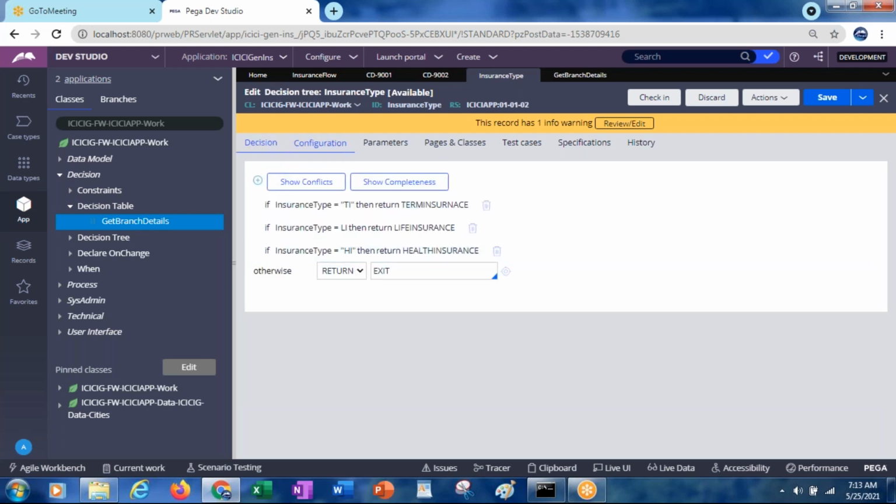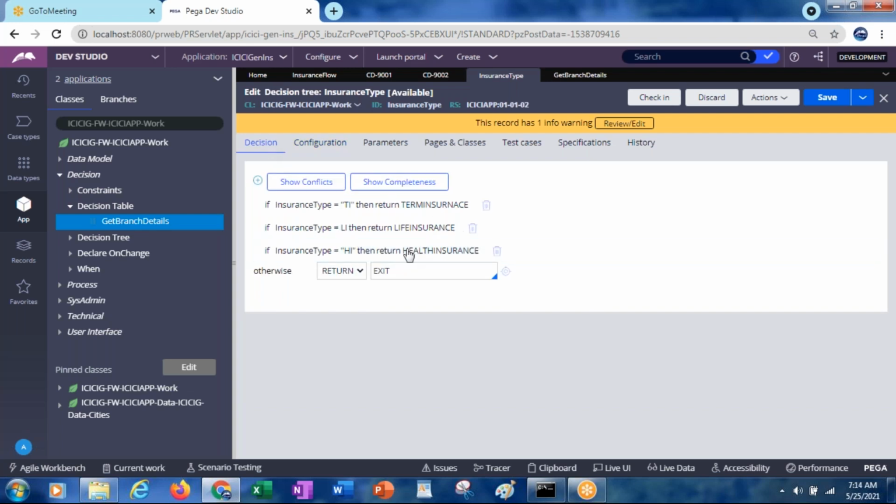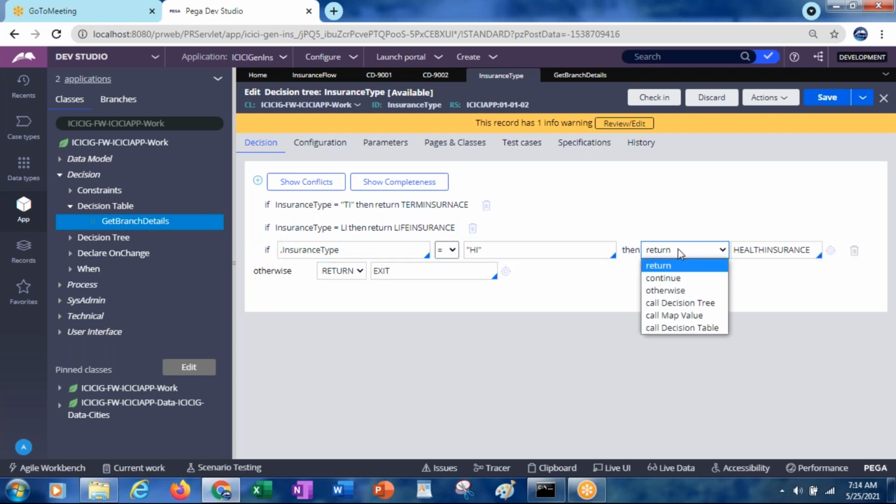So if you remove that, what will be there? In the return drop down, you have only continue and otherwise. But if you select the option of allow selection of call decision options, then on the otherwise you will not get it, but on the conditions, along with return continue otherwise, you also have call decision tree, call map value, call decision table.